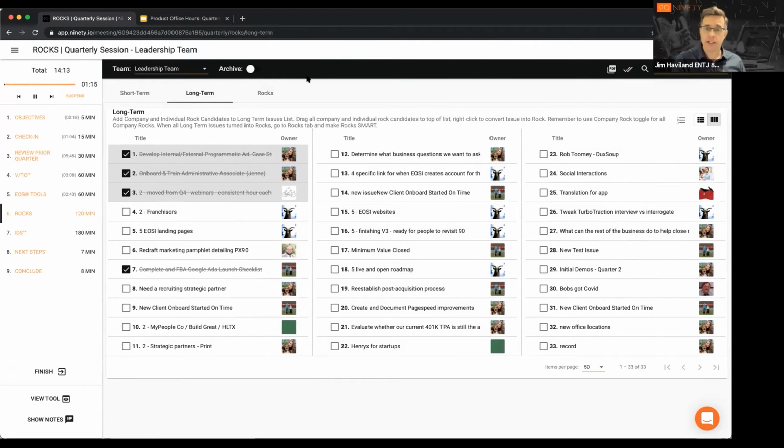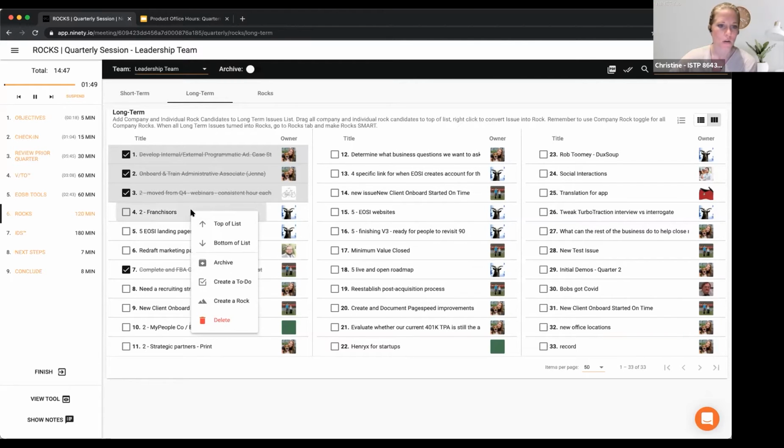Hopefully your short-term issues list is almost empty at this point because your very last L10 before your quarterly, that's a great time to clean that up. Use probably your IDS time to get rid of things because you don't have any more meetings left in the quarter, so there's no more short-term issue time. So it's like either we are getting rid of it, killing it, or combining it, so you've got almost nothing on that list, and anything that could become a rock or needs to be IDS'd during the quarterly is on this list.